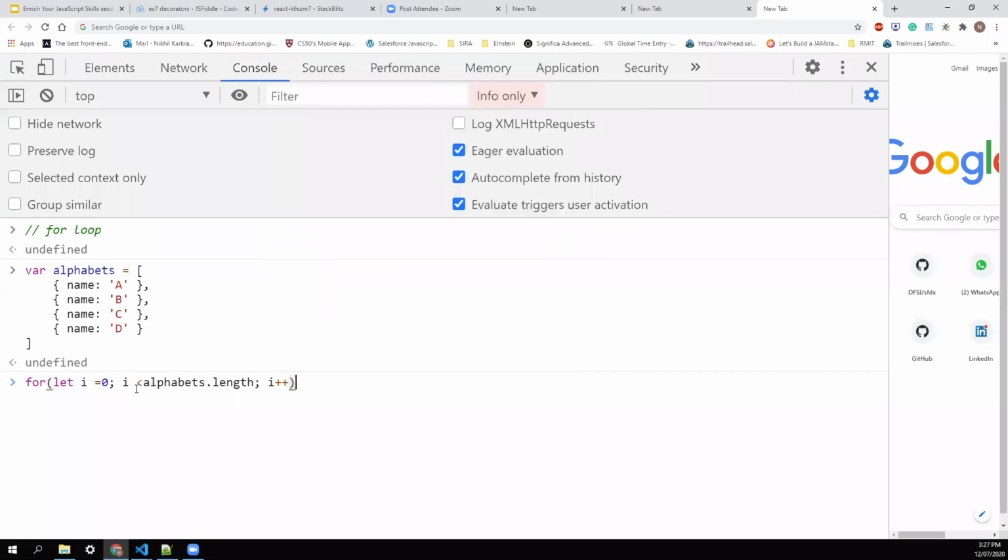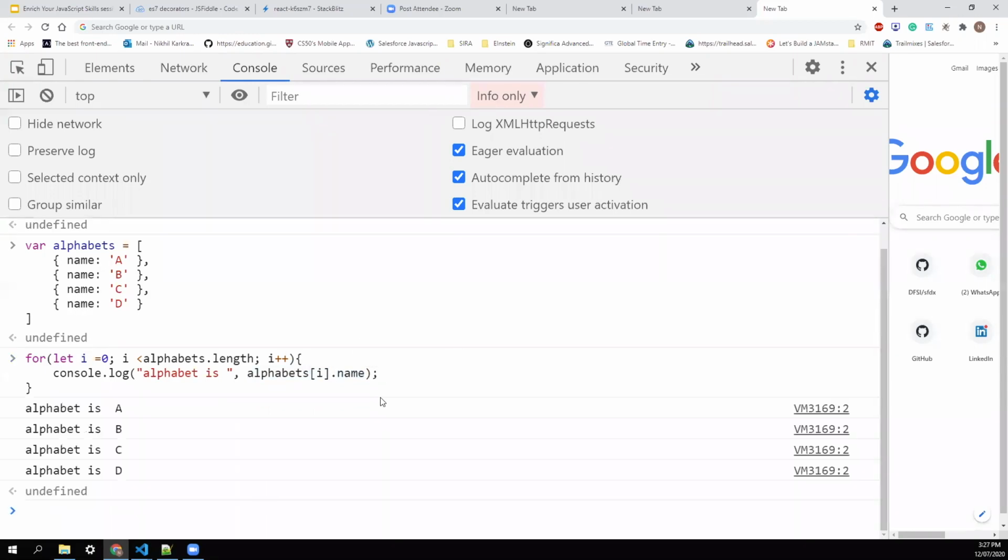We run this, and in this I'll just print the alphabet names individually. To do that we just take the actual array, use the index value that is coming in the i, and with the help of dot notation we'll fetch the name. So if I hit run, well and good, for loop works fine.